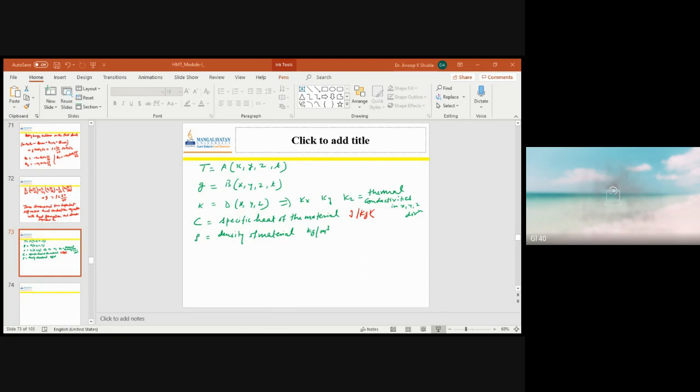Kx, Ky, Kz are the thermal conductivity of the material in the respective directions x, y, and z. So this is the generalized, standard equation that can be used for the three-dimensional Cartesian coordinate system. Now, if we simplify by putting certain constraints one by one, suppose we have taken an isotropic